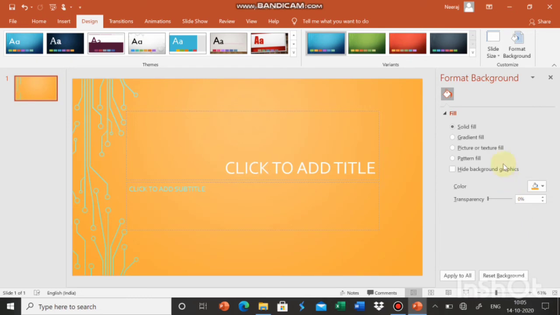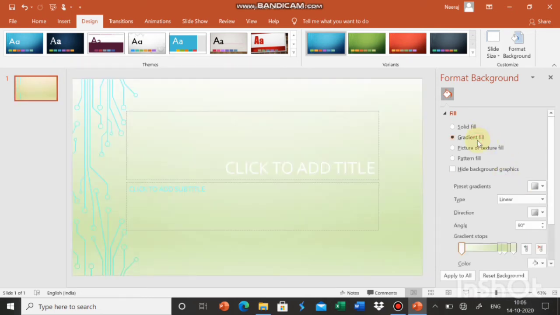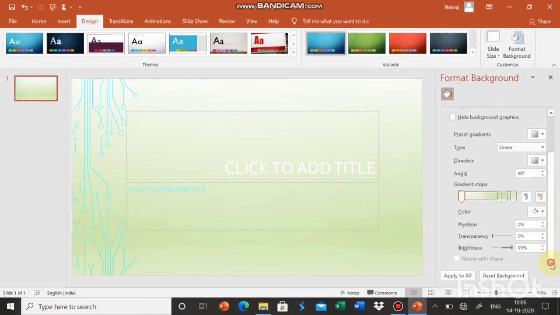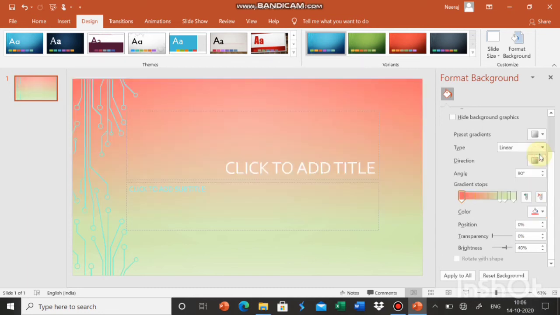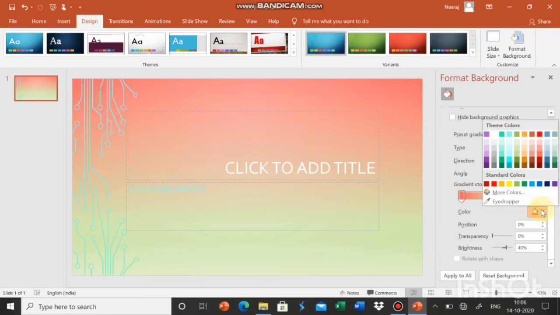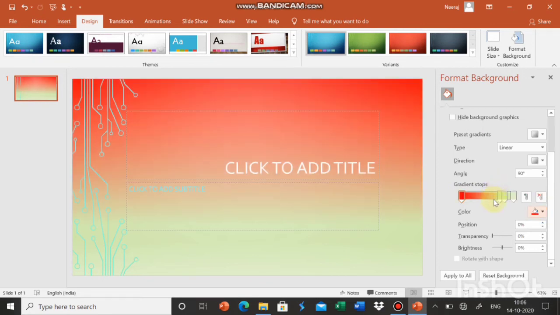Then gradient fill. In gradient fill we can use different combinations of colors. From here you can choose different colors. Color 1, let's choose red.